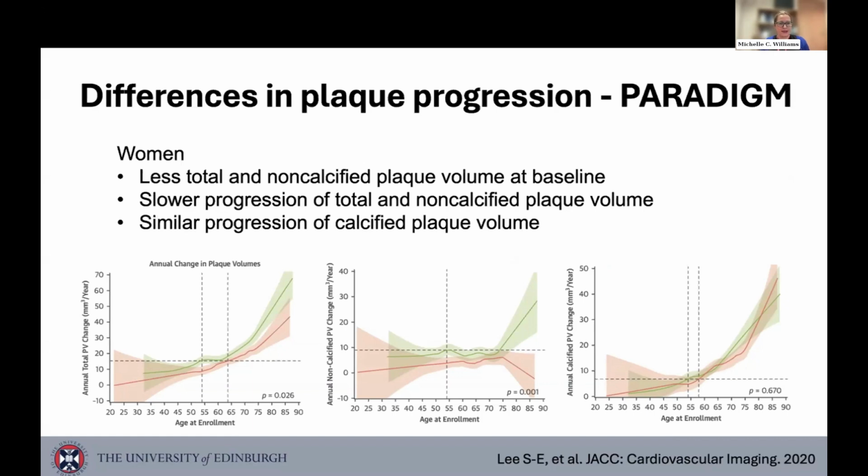medical therapies impact that. And one of the important things I think to remember is the sex-based similarities and differences in disease. This is from the Paradigm Registry, one of the largest plaque progression registries so far. And they showed really important differences in how plaque changes in men and women. Women had less total and non-calcified plaque at baseline, slower progression of this over time, but a similar progression of the calcified plaque, which is really interesting, thinking about both the similarities and differences and how we're going to address